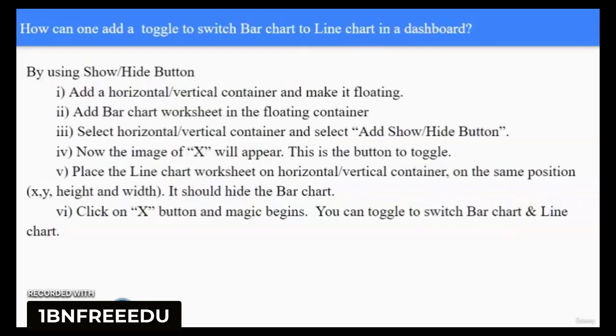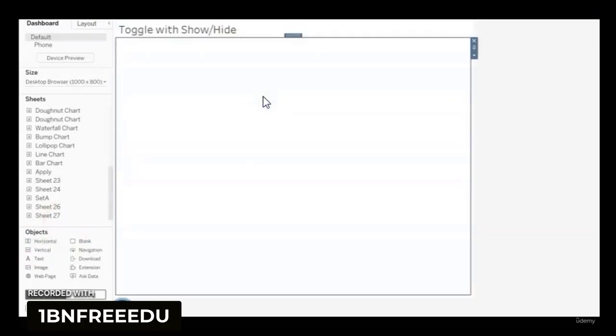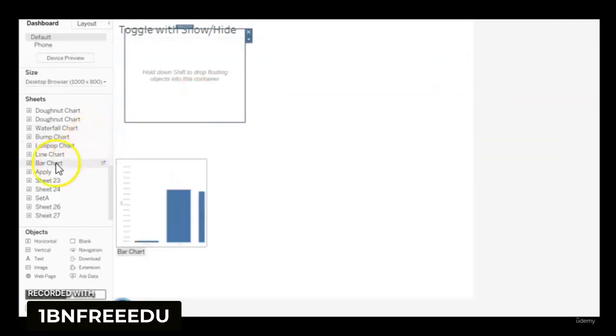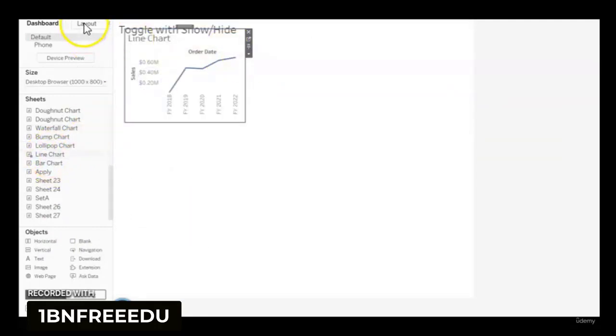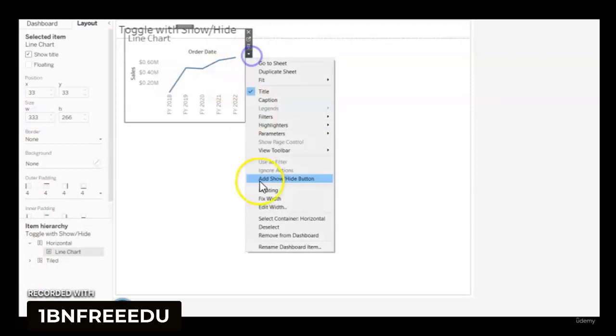Next question, how can one add a toggle to switch bar chart to line chart in dashboard? We can do this by using parameters or show hide button. In a dashboard, drag and drop horizontal or vertical container, make it floating. Now add your sheet. So first line sheet. Adjust the size according to your requirement by going to container